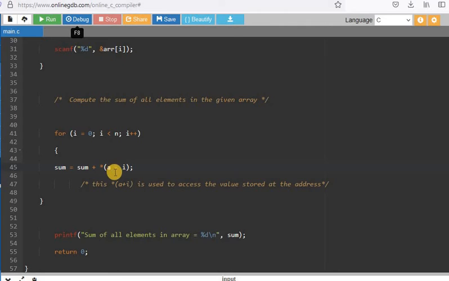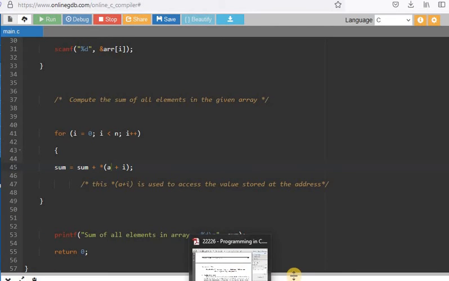When we add a plus 1, actually depending on how many storage bytes it requires, it will add that, meaning the address of the second place. Like that we will add all these numbers which are stored in the array, and after that, using the sum of all elements, we display the value of sum as the result of addition of all numbers from the array. Now we will run this program.